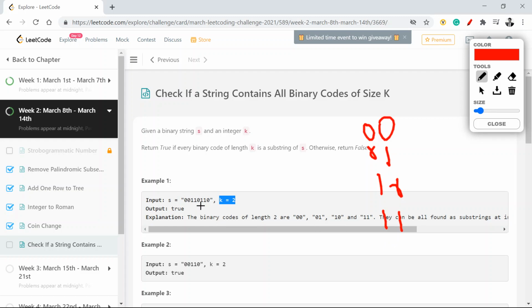Now if I look at the string, I have 1 1, I have 1 0, I have 0 1, and I have 0 0 as well. So I return true. Looking at this other string, again I have 1 0, 0 1, 1 1, and 0 0 as well. So I have all four combinations.